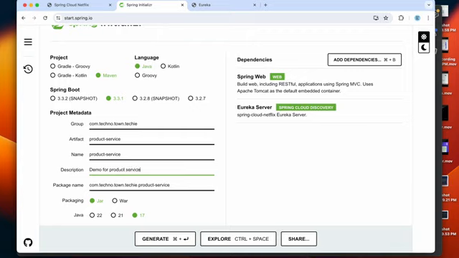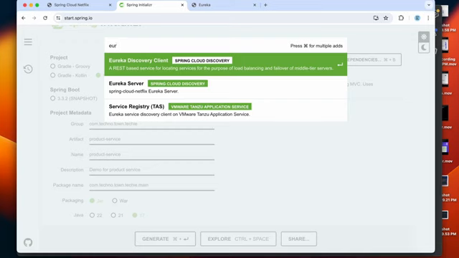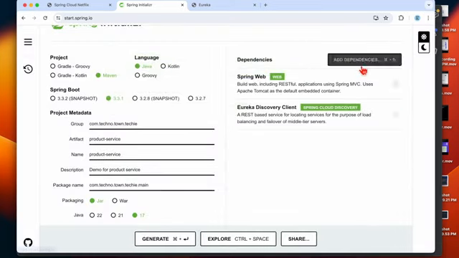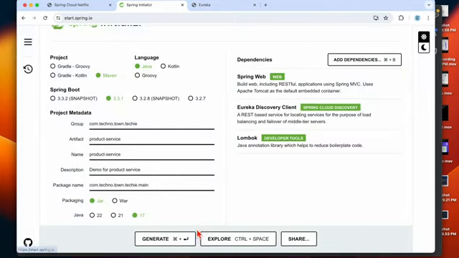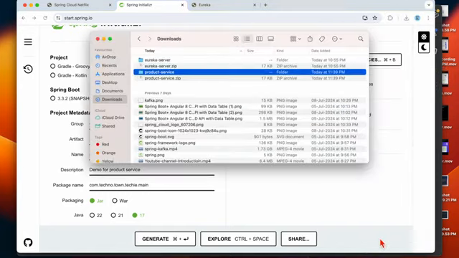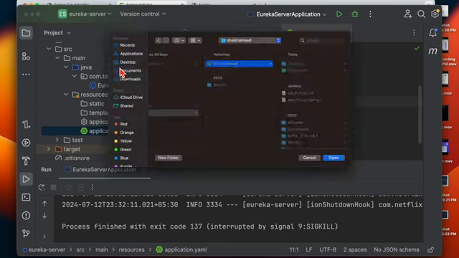product service here. Okay, and here also we can provide the main package, remove this Eureka server, and add our Eureka client here. Eureka Discovery Client to register with our Eureka server. Okay, and add Lombok for setters and getters, and let's generate this project and unzip this. Okay, and let's go back to our IDE. Let's open this project